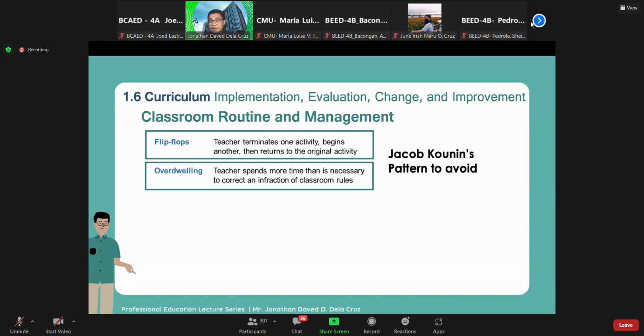Pangalawa, overdwelling. Teacher spends more time than is necessary to correct the infraction of classroom rules. So, overdwelling is overdwelling to a certain topic. Kasi kami mga teacher, may mga favorite kaming topic. Tayong mga teacher, may mga magiging favorite tayong topic. Habang nagtuturo ka, dahil yun yung favorite topic mo, hinabaan mo yung topic mo doon, tapos iniksian mo sa ibang lesson. O kaya naman, dahil alam ng estudyante mo na favorite topic mo yun, habang nagdi-discuss ka, yung estudyante nagtanong,